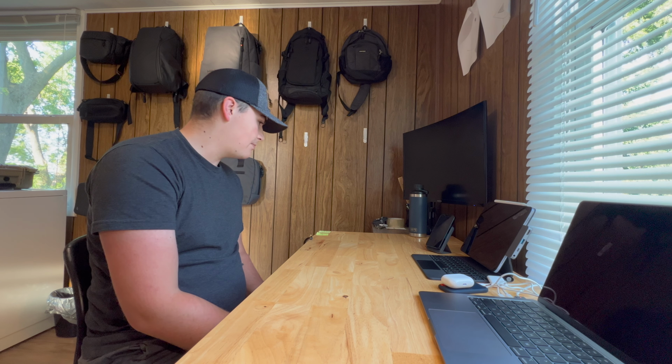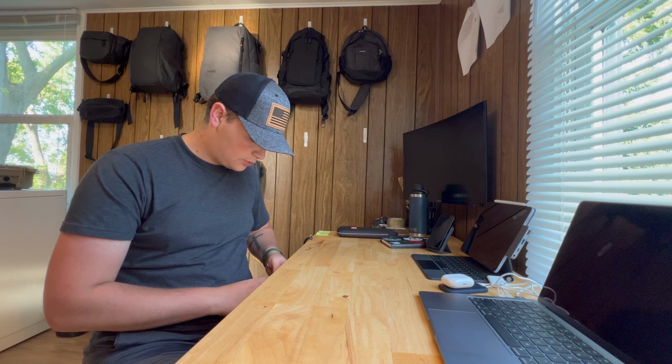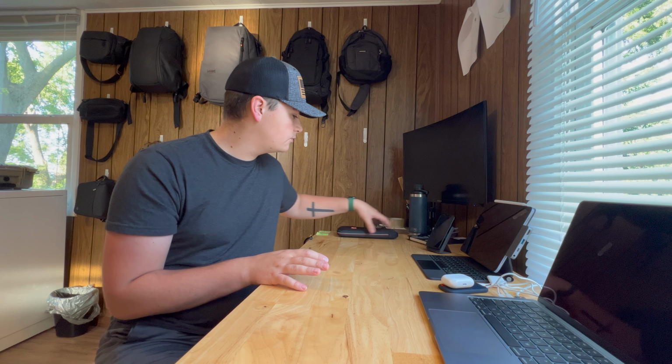And so with the bag, the nice thing about it is you can have all that stuff in here, and you can have a little more room for some extra stuff. You have a little room for like a Nintendo Switch, because it's nice and flat. Or a little room for a pen and a notebook if you want to take physical notes. You have a little room for a deck of cards if you want. I've been into decks of cards lately. I got these two decks from a game store in Minnesota from Theory 11. These are really cool, but besides the point, you have a little room for it,